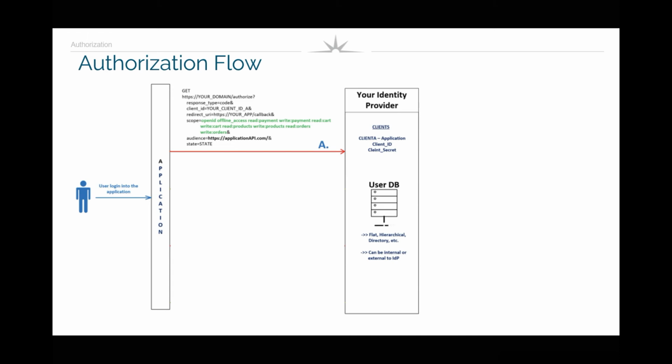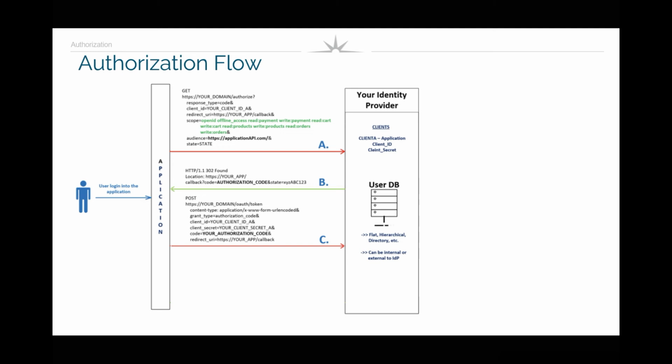Your service is going to push for pulling down an authorization code. Your identity provider verifies that the request is valid, and then it's going to return a 302 with an authorization code that can be used by the application in the next step to then post that authorization code and request that you get an access token, a refresh token, and an ID token. So that's what your identity provider will issue as a result of the application providing the code on behalf of the user. It's going to give you back a 200 with an access token as stated,